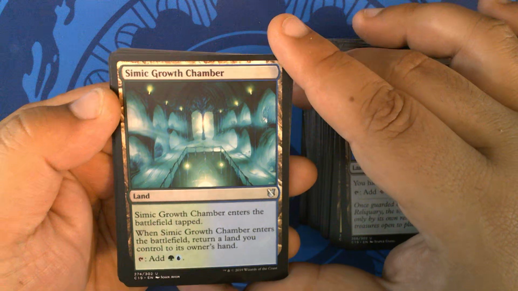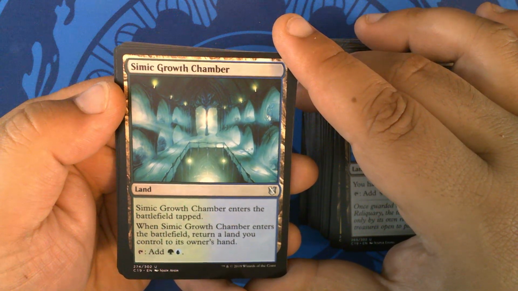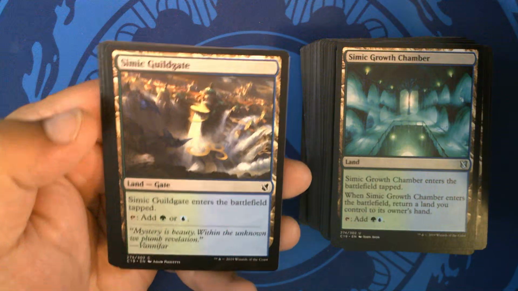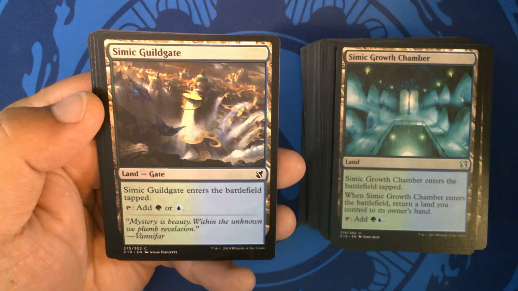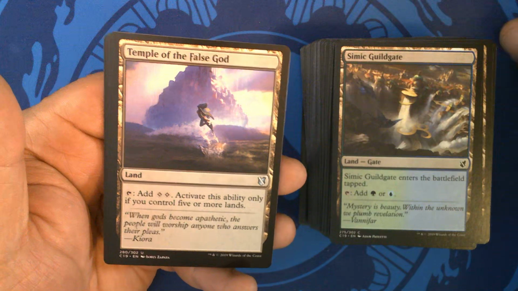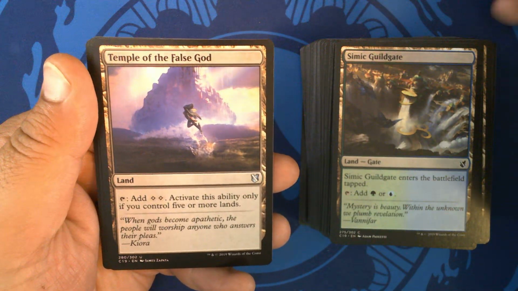Simic Growth Chamber, it is the blue-green Karoo. Enters tapped. When it comes in, you bounce a land, and then it taps for a green and a blue. Simic Guildgate, it is the green-blue Guildgate. Gate enters tapped, taps for green-blue. Temple of the False God. Probably should not be running this in your deck, but tap to add 2 colorless, activate only if you control